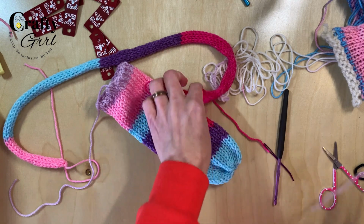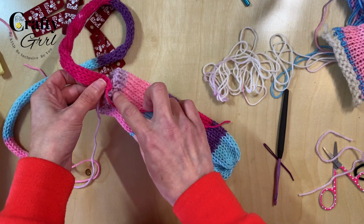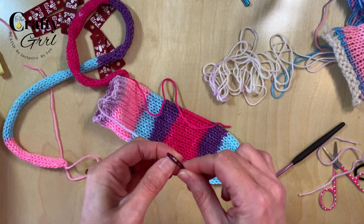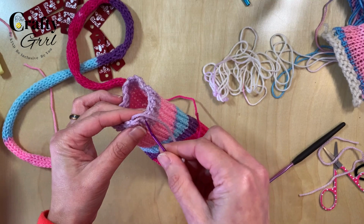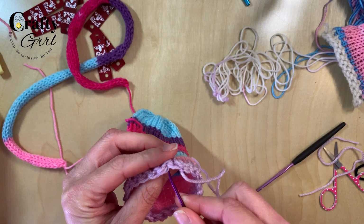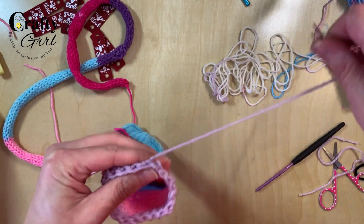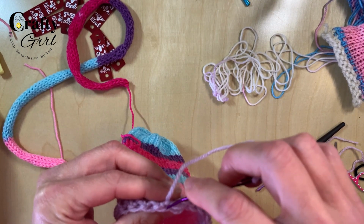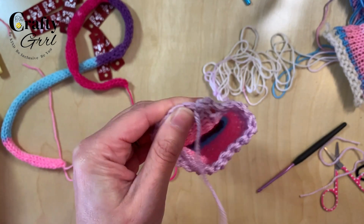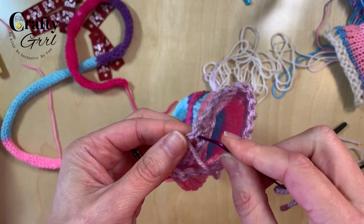But I am going to make an aesthetic decision here. And what I mean by that is, see how this is bright pink? If I stitch this on here, it's going to be really noticeable. You're going to be able to see it there. So instead, I'm going to use this lavender color that I left on. But before I do that, I do want to tie it off so then it gets secure, because we didn't tie it off when we finished the project. So I'm just going to pull it through there. And I'm going to come to the inside so that it's not noticeable. Make sure everything is nice and tight. There we go. And then I'm just going to do a single